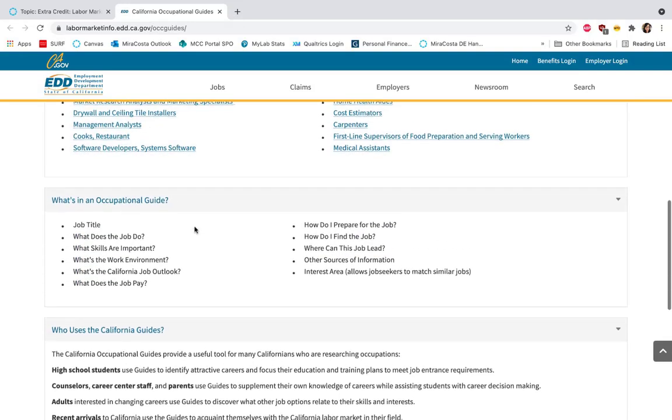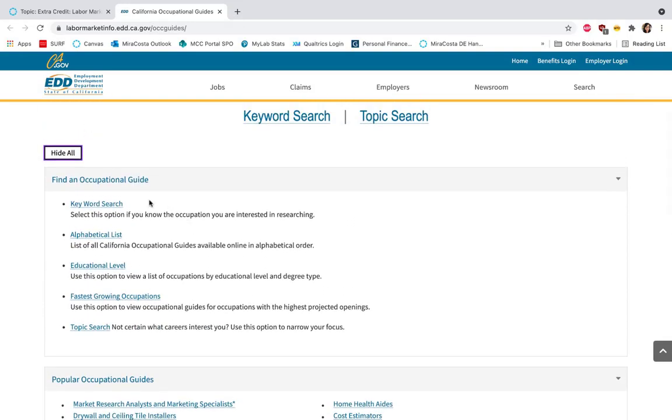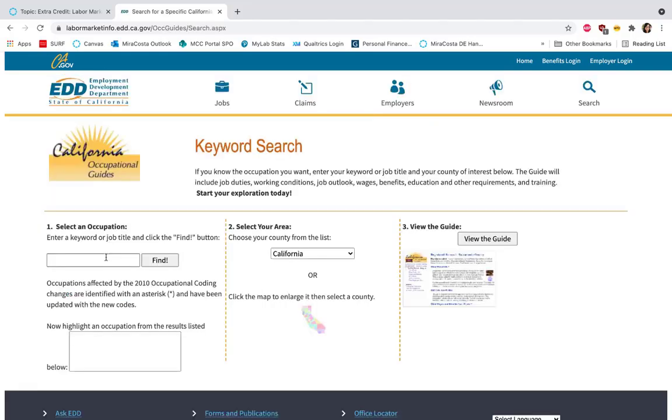So check that out. But what we're going to be doing specifically is you'll want to go ahead and click on keyword search. Once this screen appears, go ahead and type in a keyword or job title you're interested in and click Find. For this demo, I'm going to use the word procurement. Now you'll notice down below in the results box, there are several occupations and you'll just want to pick one to explore. So for instance, I'm going to click purchasing managers